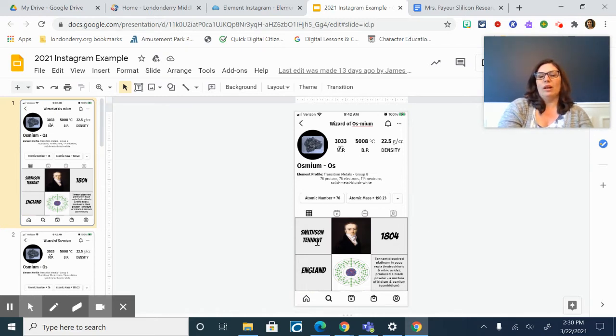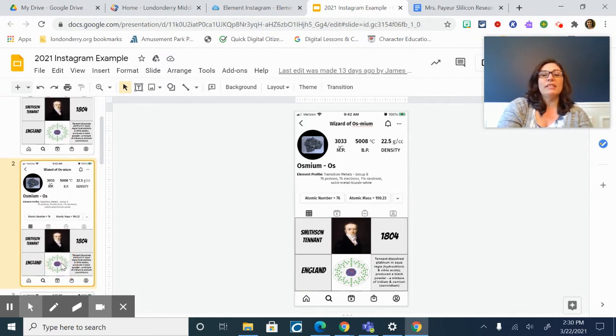So who found it, or who was the first person to notice it, a picture of that person, the year it was discovered, where it was discovered, a picture of how it looks as a molecule, and then you need to give us a little background of how it was discovered. And then on the back, the next slide